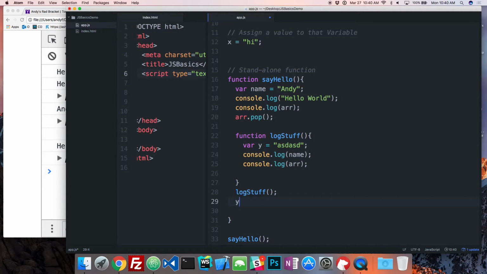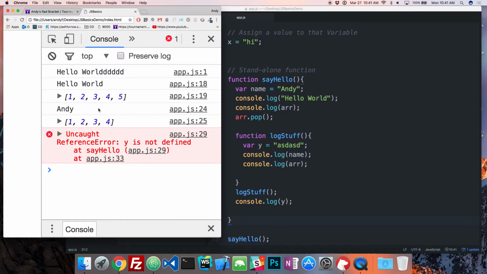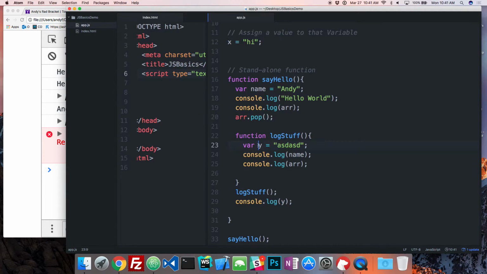So function scoping applies as well. There, I won't see that. See, y is not defined, right? So this y will only be available within the scope of the function I'm defined in. But because this is inside of this guy, he has access to all of his variables and also the global scope, right?